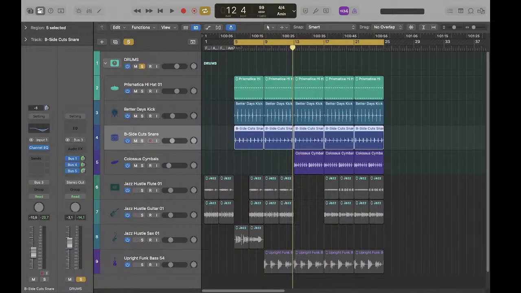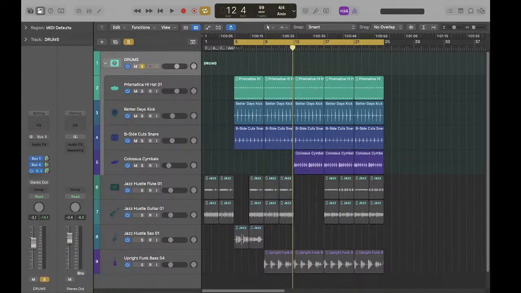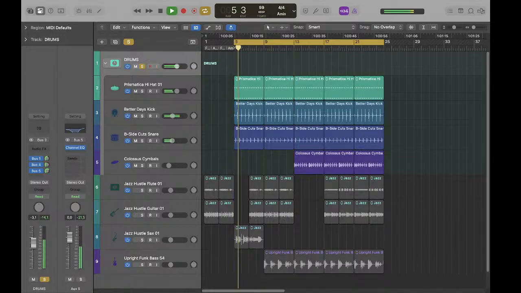I don't know. Having done that now, if I go back to my bus and this is channel EQ, let's see what happens when I turn this on and off. Nothing. It was the snare. The snare just needed its own personal attention. So I might just forget about that bus 5, or just turn it off. I might bring it back, but for now,